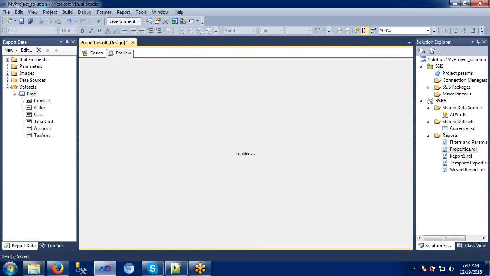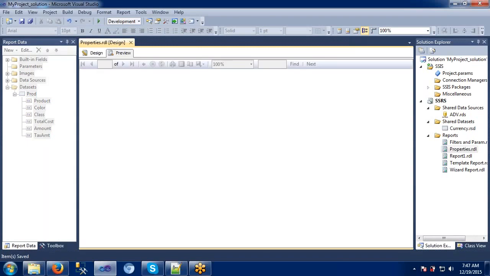Let's preview it once. I guess we have a lot of records. I think that's why it is taking some time here. So we'll try to reduce the records count here. Why?